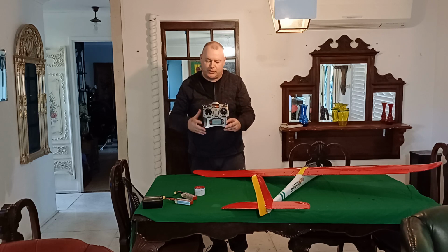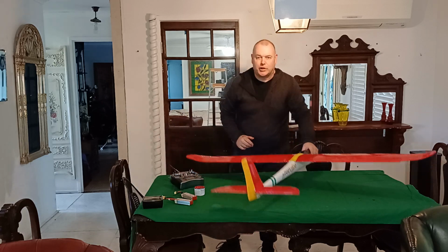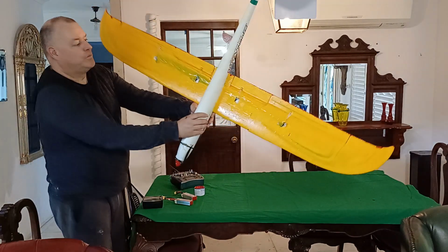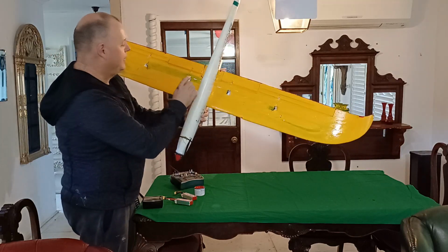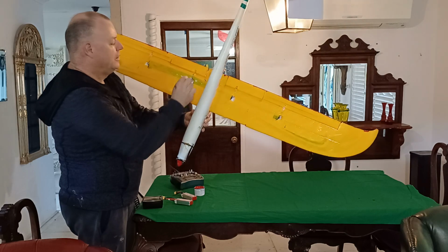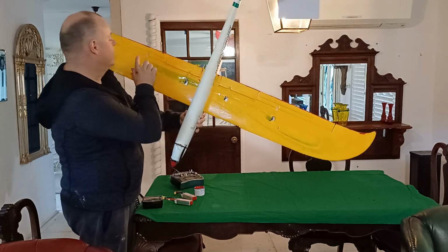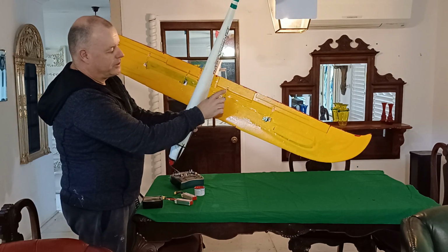I actually installed a couple of extra servos which weren't standard on the plane. On the bottom of the wing, you'll see there are servos which operate the ailerons there and there, and they're all adjustable. And then I put flaps in. I added an extra servo with all the little mechanical bits